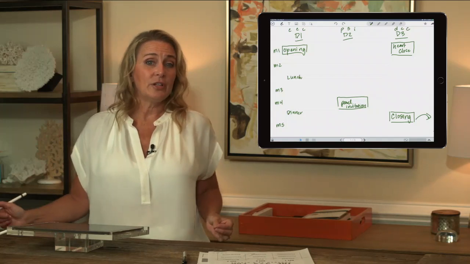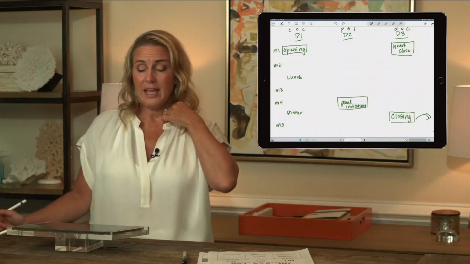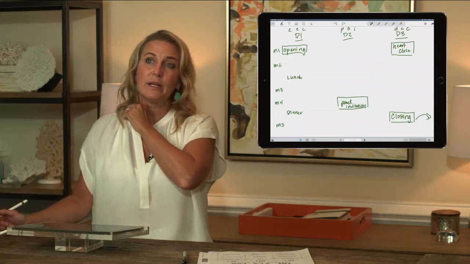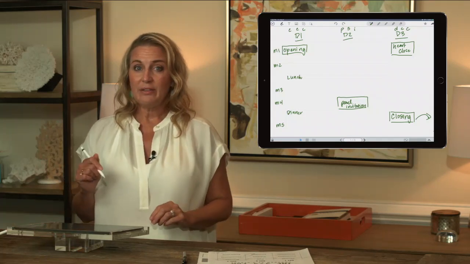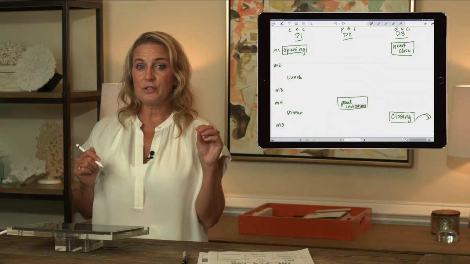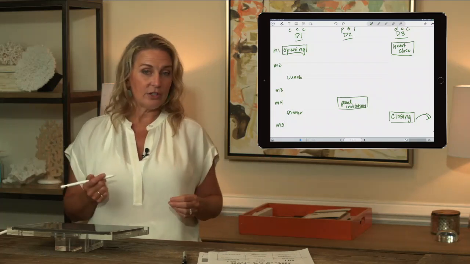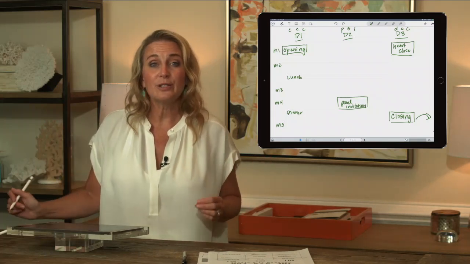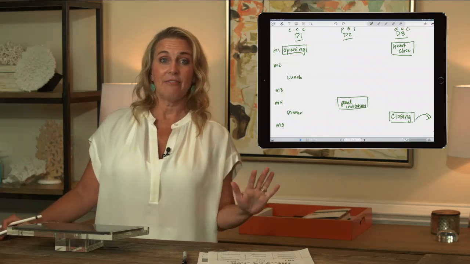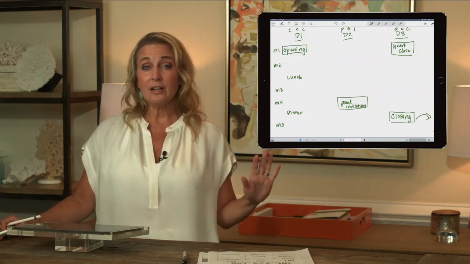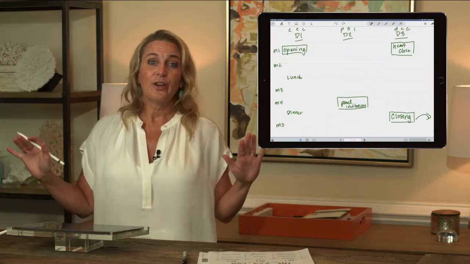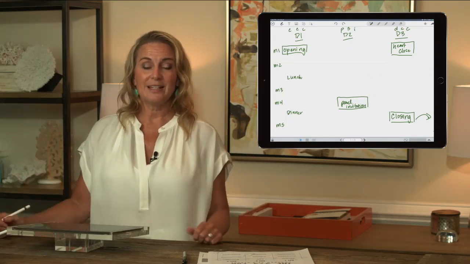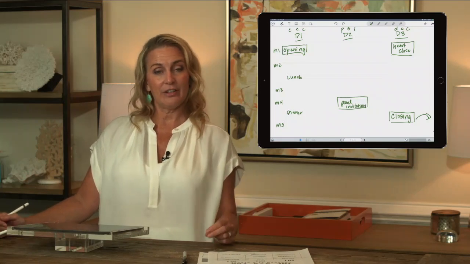Let's say I have a reunion coming up, my high school reunion. And I have this plan. I'm going to go to the mall and buy a new outfit. I have $500 to spend on my new dress and my shoes. I go to the mall, and the first store I go to, I find this amazing outfit. It makes me look 3 inches taller and 10 pounds thinner and 5 years younger. Sold. But here's the problem. It's $800, and I only have $500.